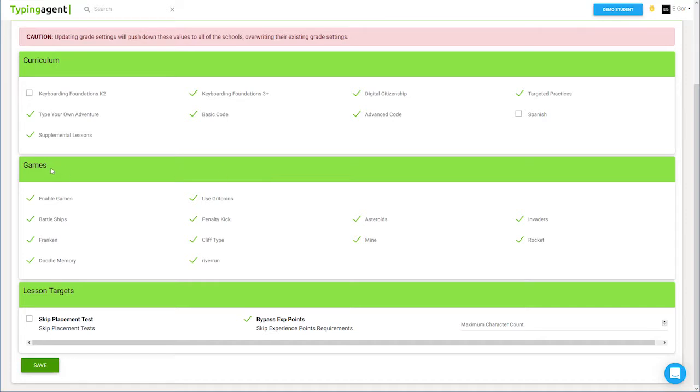Scrolling down, we can see we have a section for games. So we have currently all games enabled by default, and they use grit coins by default. These features are pretty handy if you're looking to maybe not allow any games. You can just go ahead and uncheck this and save, and by default all third grade students when created will